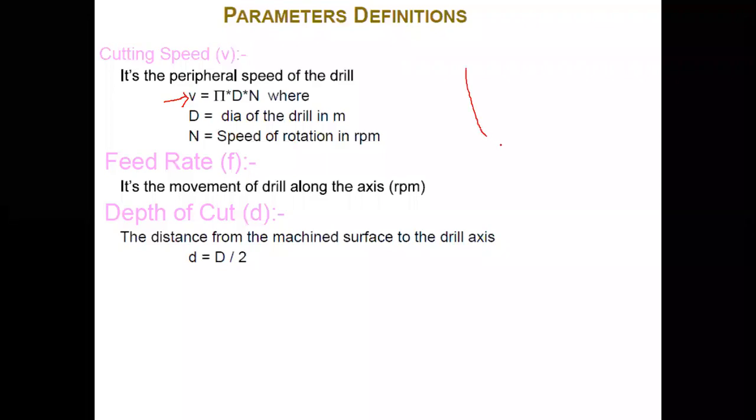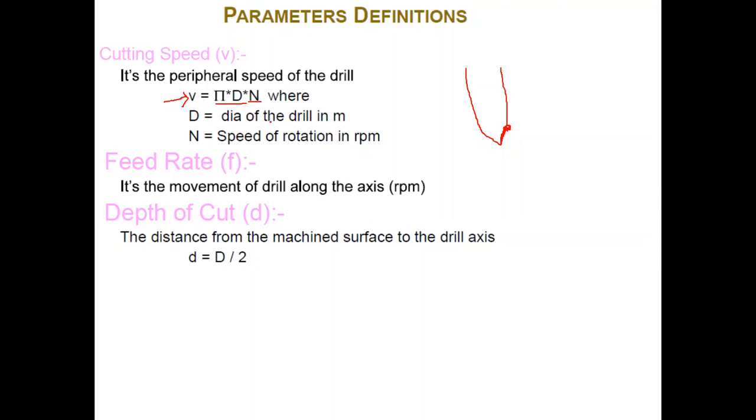Whatever the drill bit is, you have a drill bit, and at which speed these cutting surfaces are revolving, at which speed it is rotating, for that we have this simple formula, right? Pi d is nothing but the circumference, and n is the number of revolutions in 1 minute or 1 second. So we can calculate velocity by pi d n.